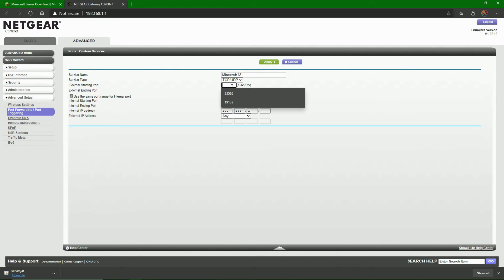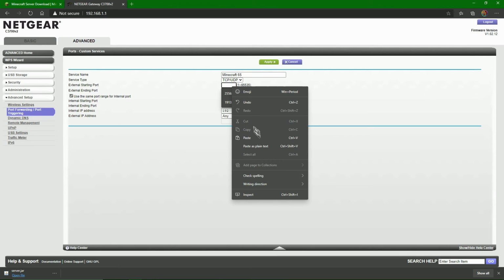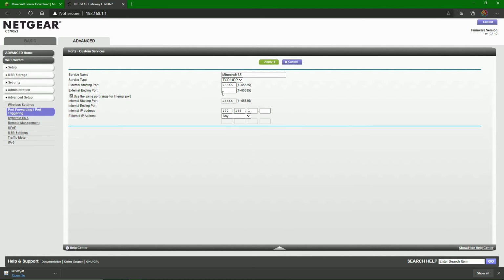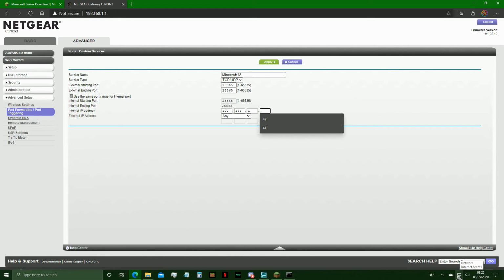Then on this external starting port, you're going to put 25565 or paste what we just copied. Then ending port, paste again, or just leave blank, it doesn't matter. And then on this, you're going to do 192.168.1, whatever your router was, whatever you did for these. And then for your last one, if you don't already know it, you can go to this network icon here,